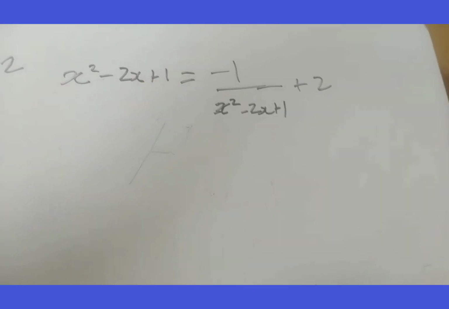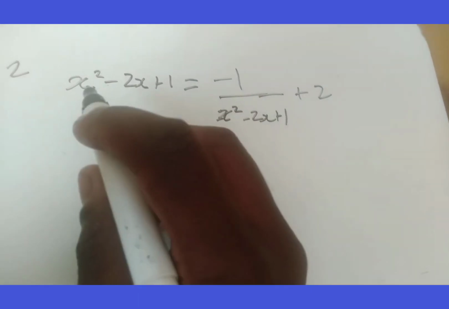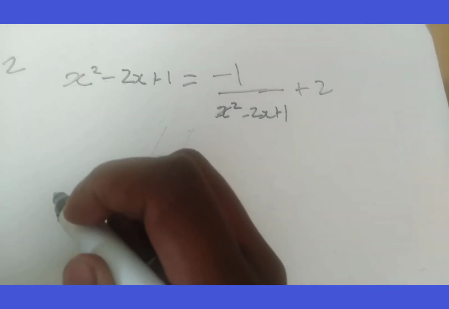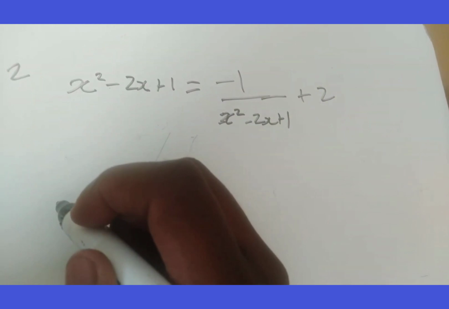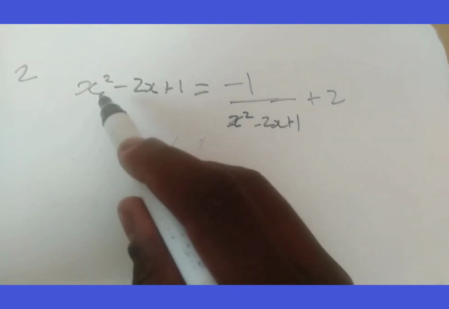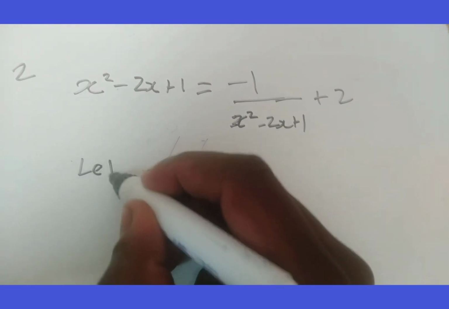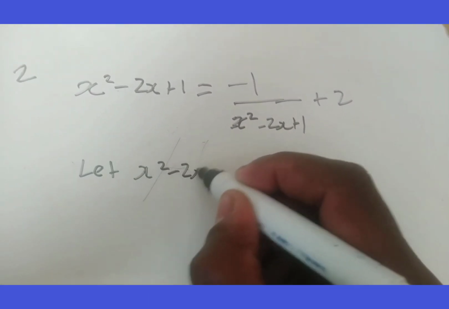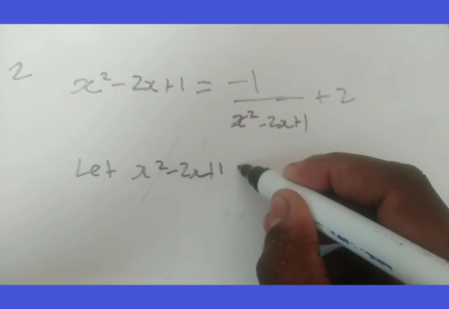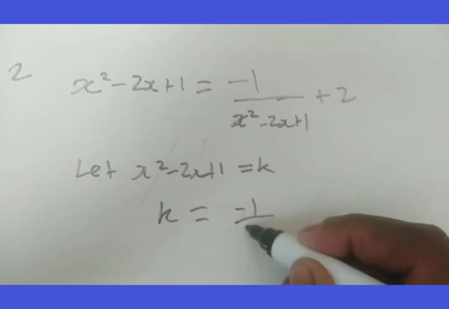Here is another scenario. Of course, we know that if you multiply everything by the denominator, this will double up and it will become a 4th-degree polynomial. So in order to avoid that, let's look for something that's similar. You say that these two things are the same. So what you do, you say let whatever is the same